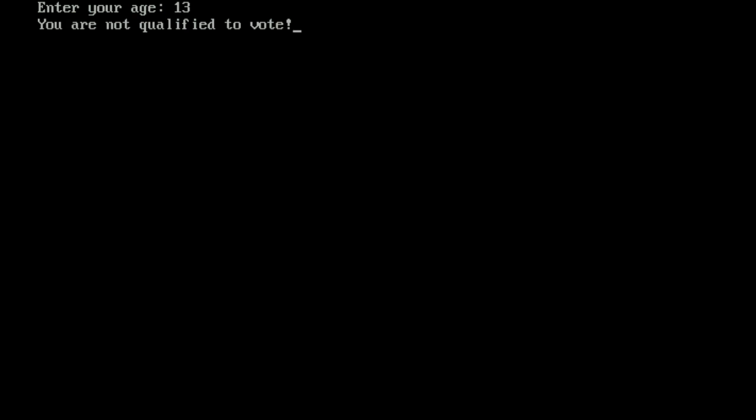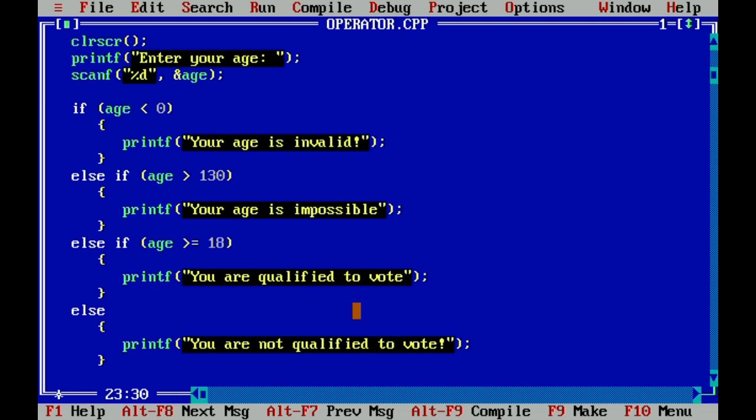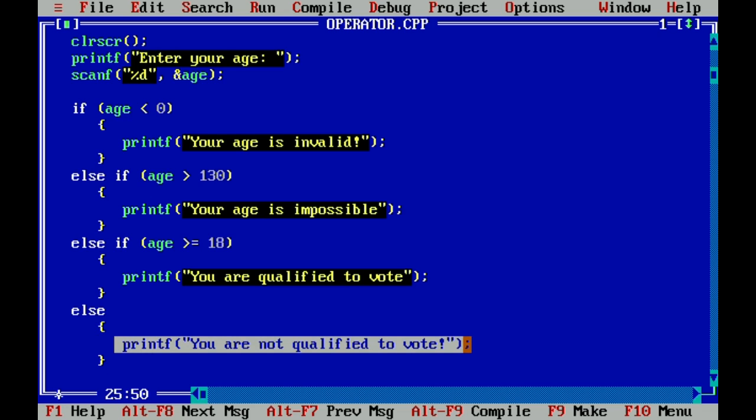It will still display you are not qualified to vote, because the first condition is false, the second condition is false, and the third condition is also false. Therefore, it goes to your else statement. It will just simply display the set of codes written in the last else statement. So it will perform here.